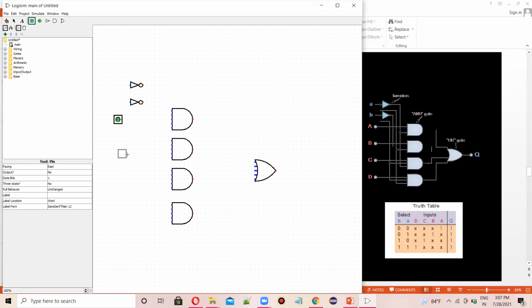They are A, B, C, and D. Let's select that also here.